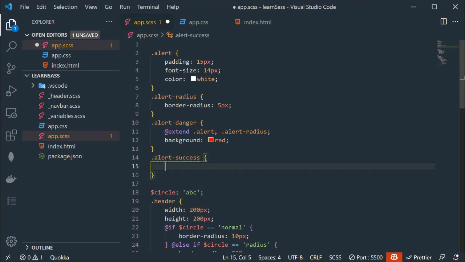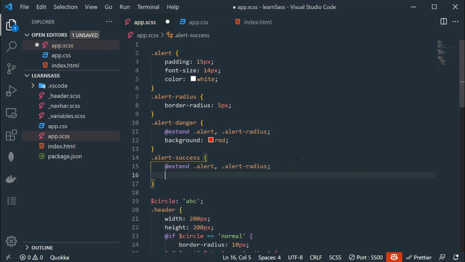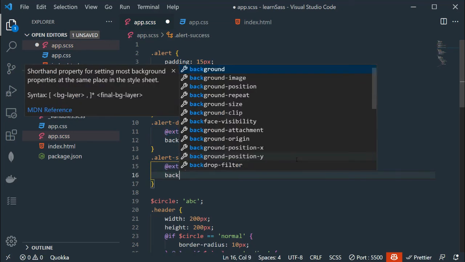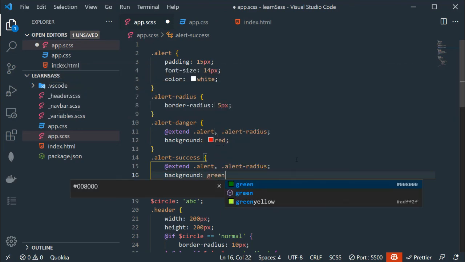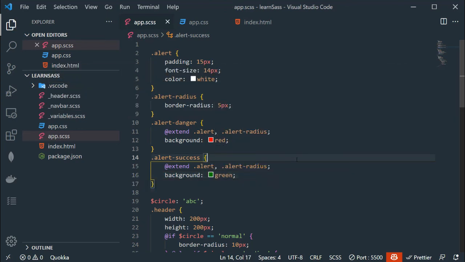Now I want to inherit these two classes. So what we need to do, let me copy this line, paste that inside here, and this will have background green like so. Save the file, go back to the browser, and we have this green alert message.